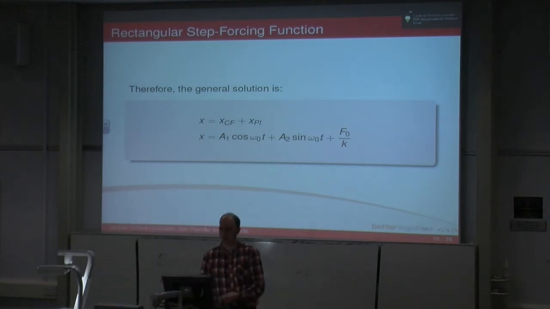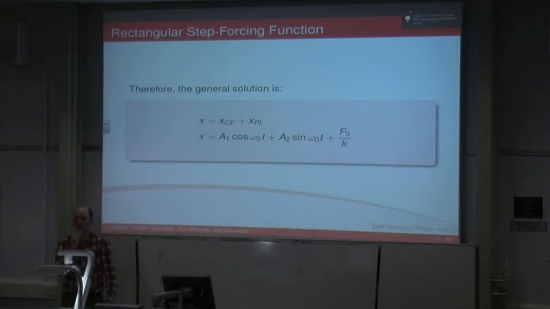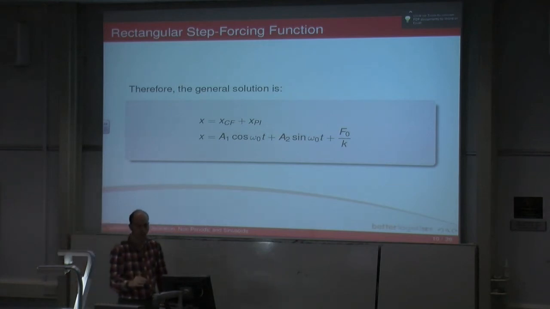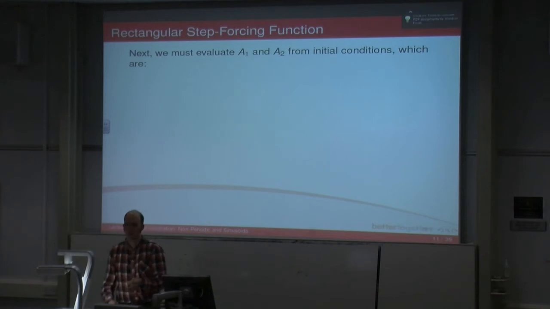So that's the general solution, and general because we don't know what A1 and A2 are. And that's because we don't know what the initial conditions are. So to find A1 and A2, we must know what's happening when time is 0. And generally,